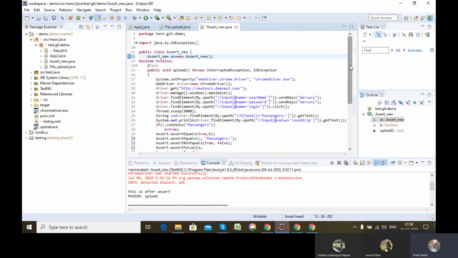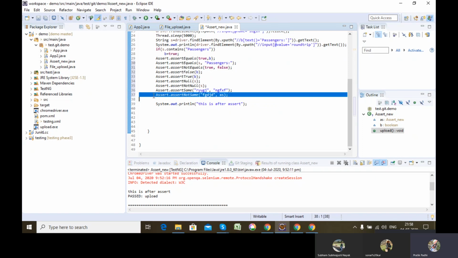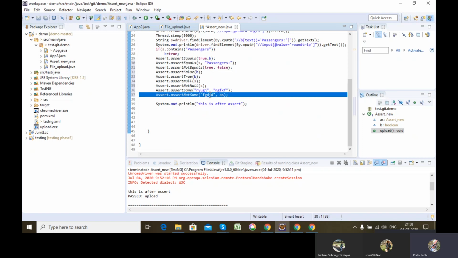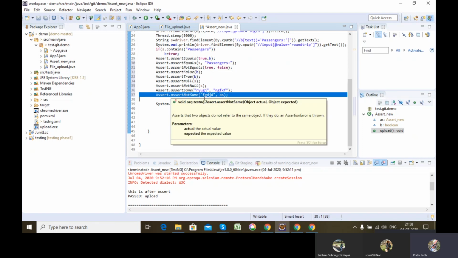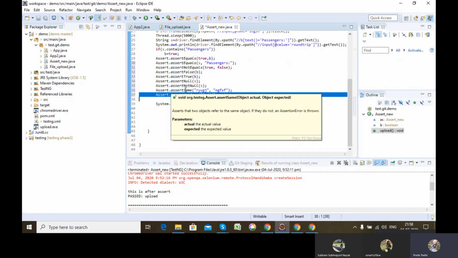I'm passing this particular object, it will not pass because one is string type, one is the user defined type. Both are of different type. So it will not, no, it will pass. Actually, it will pass for this scenario because these two are not the same. One is of string type, one is of user defined type. So it will pass. If both arguments are present here, it will not pass because here is assert same. It needs to have both arguments of the same type.